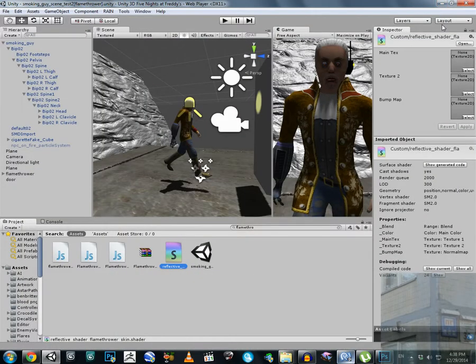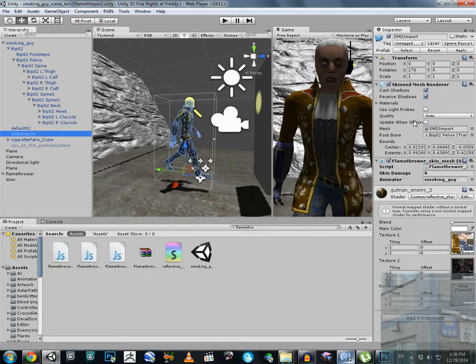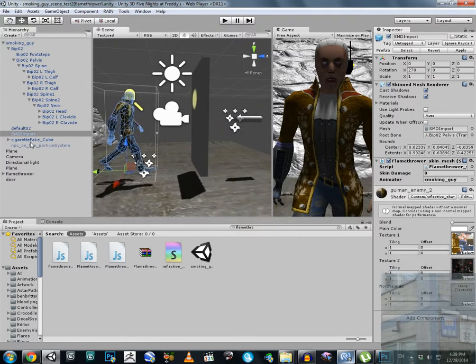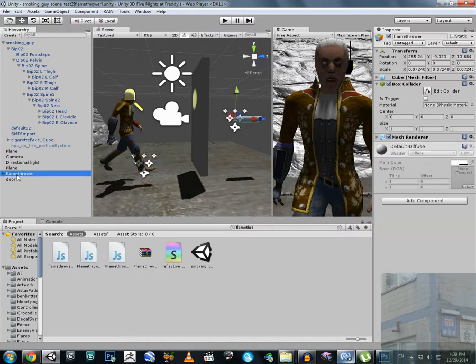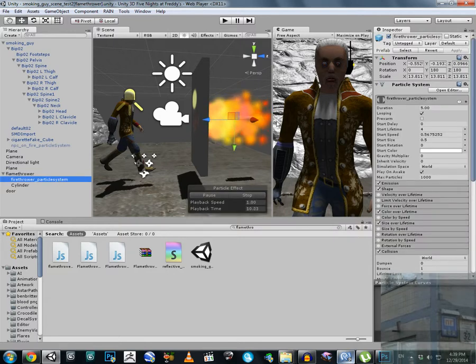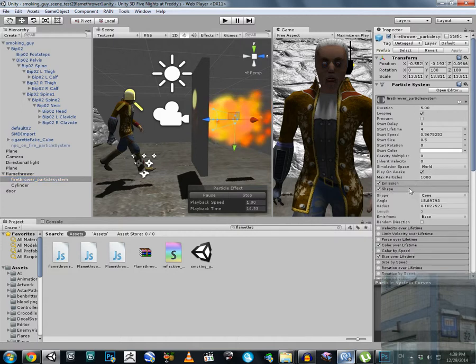And what about the stuff for the flamethrower? It's a script that collects the damage, and I have here a flamethrower itself. Where is it? Flamethrower, and I have only one important part here. It's the particle system. My particle system has such values over here: emission rate, shape,